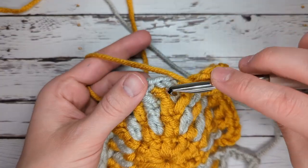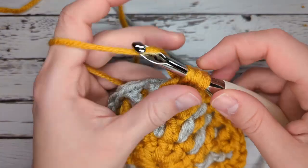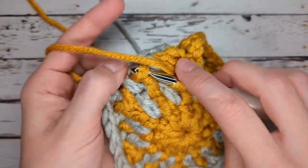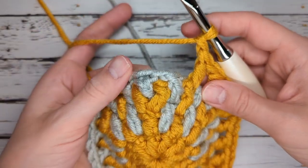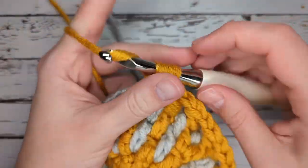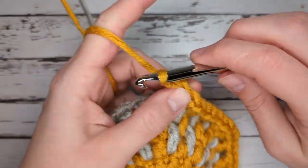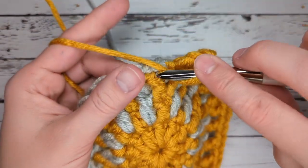And then 2 regular, not increasing, so get my yellow stitch, double crochet, chain one, double crochet, chain one, and now another increase, double crochet, chain one, double crochet in the same stitch, and chain one again. Now 2 regular stitches,